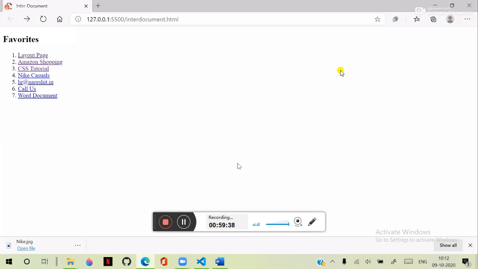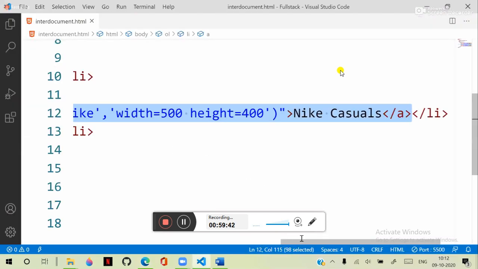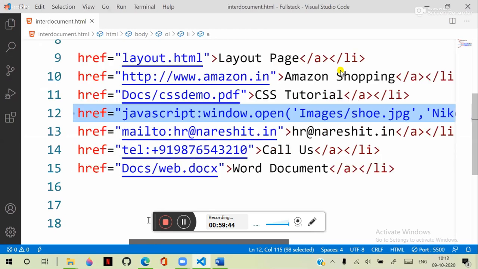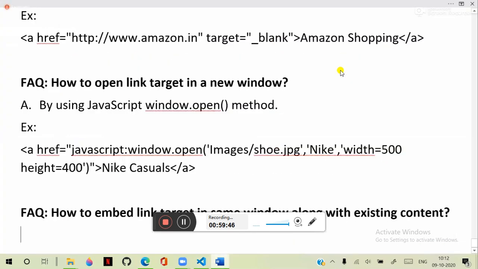This is important. Actually, we can manage that. We can define it and we can manage it. By using a concept, you can handle that. How can you handle it? By using an element called iframe,